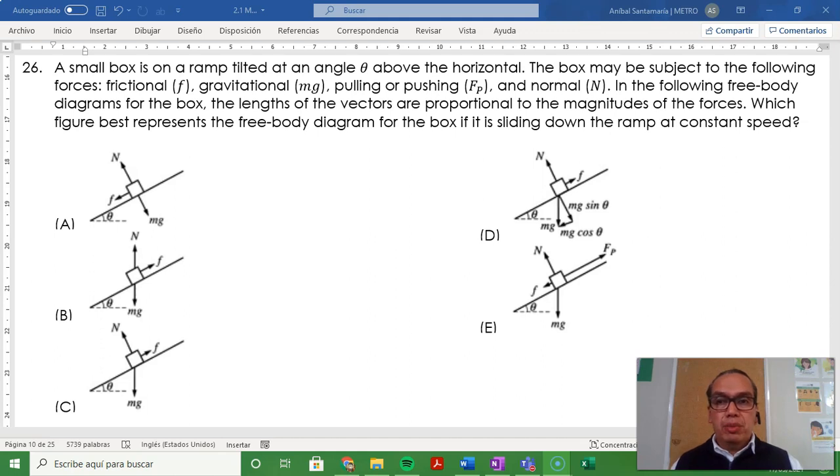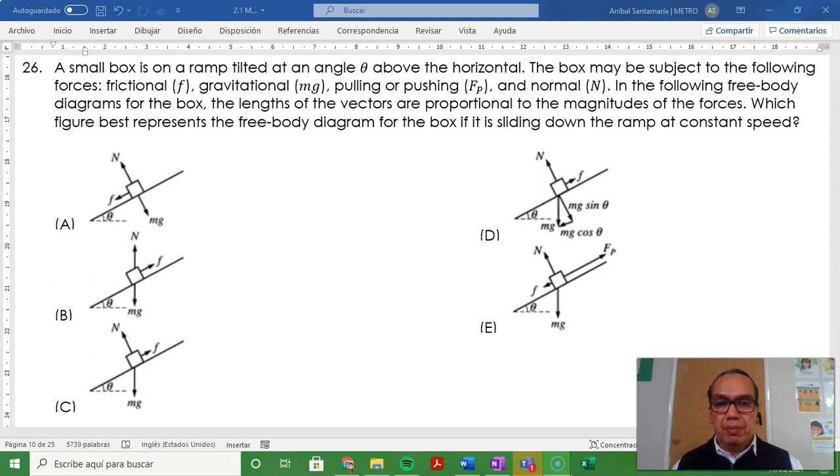26. A small box is on a ramp tilted at an angle theta above the horizontal. The box may be subject to the following forces: frictional, gravitational, pulling or pushing, and normal. In the following free body diagrams for the box, the lengths of the vectors are proportional to the magnitudes of the forces. Which figure best represents the free body diagram for the box if it is sliding down the ramp